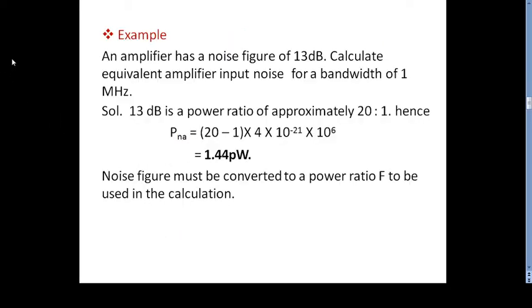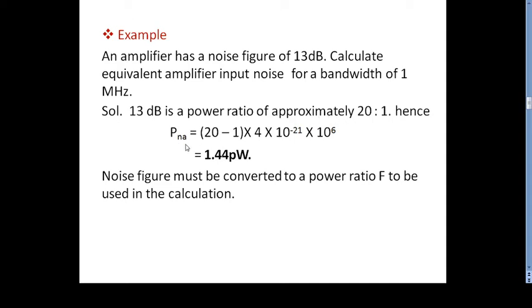Example for more clarification, amplifier noise in terms of noise factor or figure. So an amplifier has a noise figure of 13 dB, that is capital F. Calculate the equivalent amplifier input noise for a bandwidth of 1 MHz. So here F is given as 13 dB, a power ratio of approximately 20:1. Hence